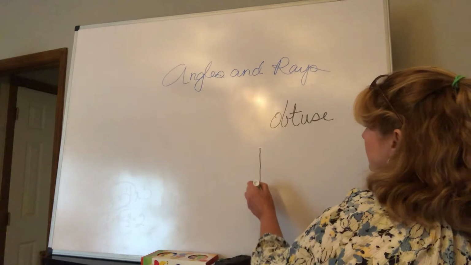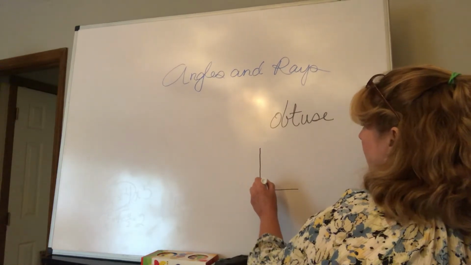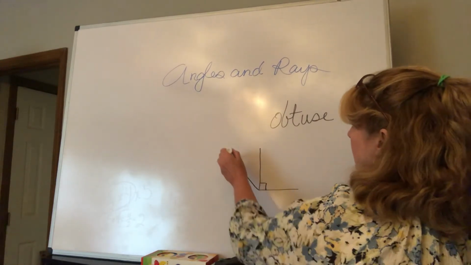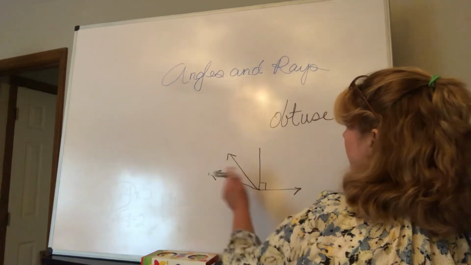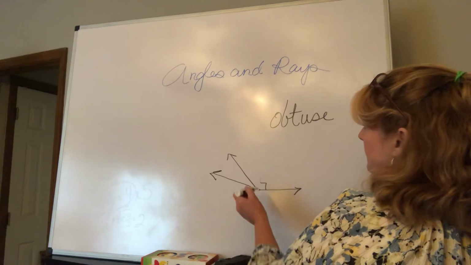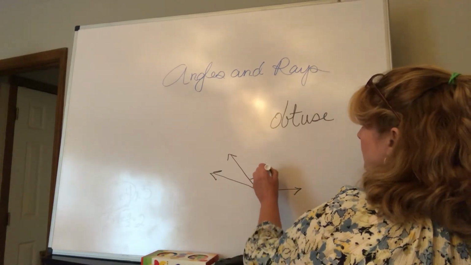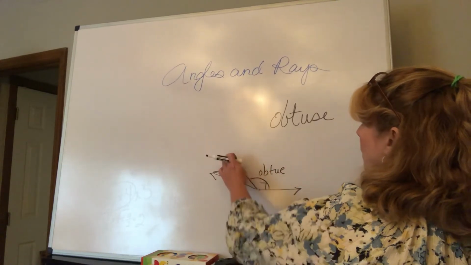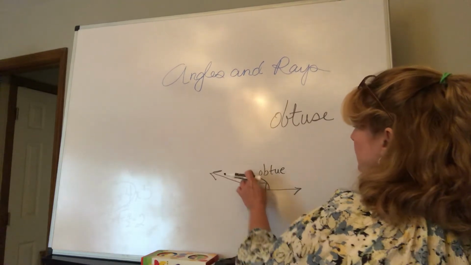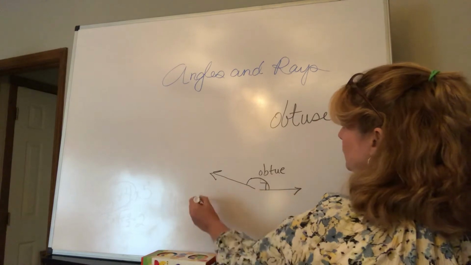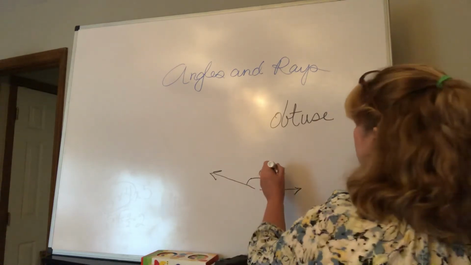So if this is a 90-degree angle, obtuse would be an angle like that or an angle like that. So this would be obtuse. Or if I get rid of this line, this would be obtuse. Now don't forget, if it's a straight line, it would be called, oh my goodness,